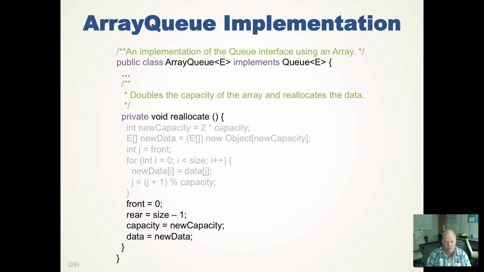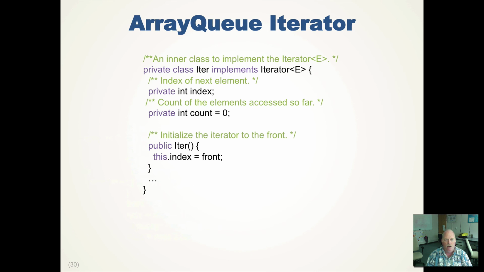So we now have a new array. We've got plenty of space. We can continue on our merry way. I want to talk about the iterator for an array. So we have a private class inside. Didn't talk about it in the previous